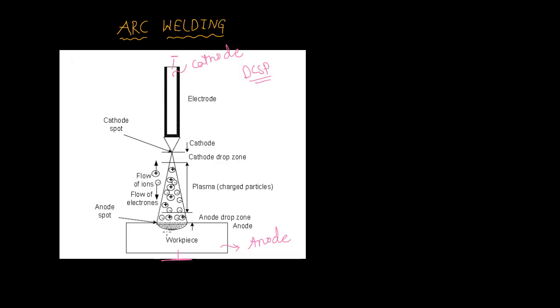During this, what will happen? If there is a gap between these two metals, why is current flowing in the air? Have you ever thought about that? We know that current flows in a medium only. If it is a solid medium, current flows very fast. If it is a liquid medium, then also current flows. In air, current does not flow. If that happened, we would all die, because all the electrical wires are in the air only. So in air, current does not flow. But here in the air, current is flowing. So what is happening here to the air?